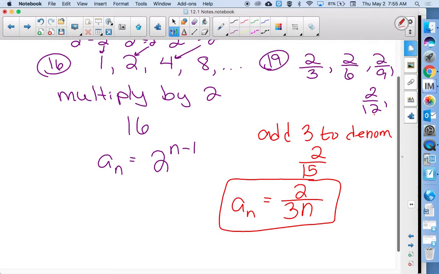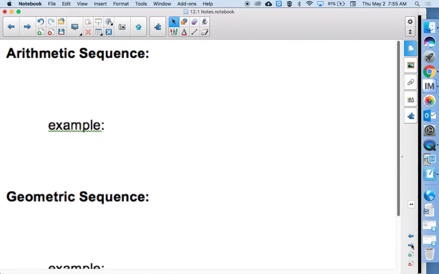So in your packet, we've got just a couple other examples to look at. I think there's two more definitions, and then those definitions have 4 examples with them. There are 2 main types of sequences, and those 2 main types have a specific pattern that they follow. The first one